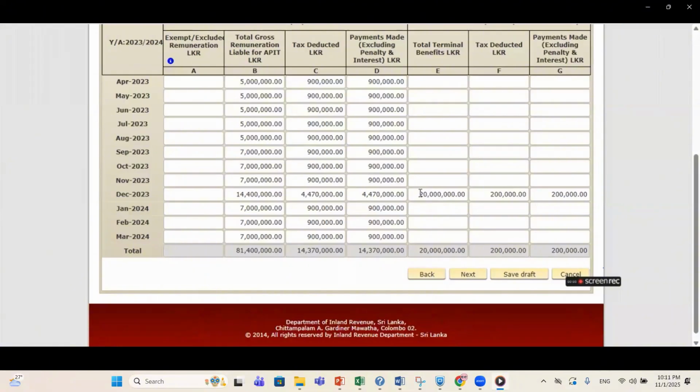What I did, I just simplified this. That means instead of that 81 million, I just entered the schedule 1 as 9 million. Because it takes time to enter data to match 81 million, I purposely took it as 9 million. That is what I am doing, a kind of reverse engineering, right? I'm changing the statement according to the schedule, but it is not possible with the actual data, right?